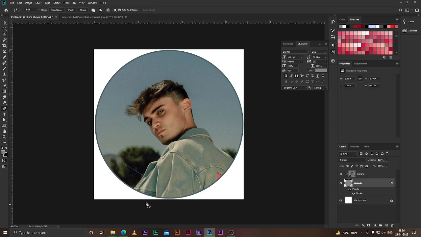I press escape in order to get those strokes. Then I'll go to convert point, click and drag, and the gap has to be on point.